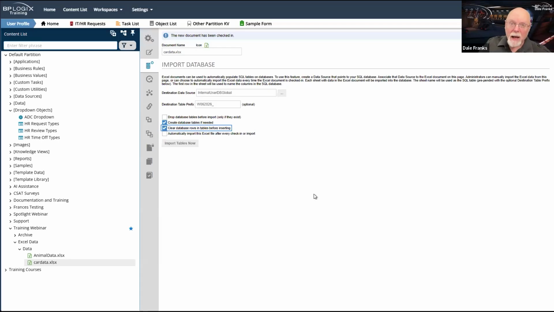It'll keep the same table, but it will clear all of the database rows in the table, and then it will insert all of the new rows. In most cases, I do want to do at least one of these two things. I either want to just drop the database tables and recreate it, or I want to clear the database rows in the table before inserting.